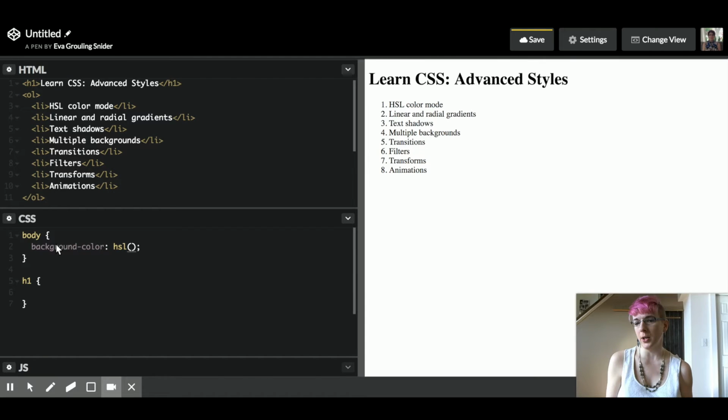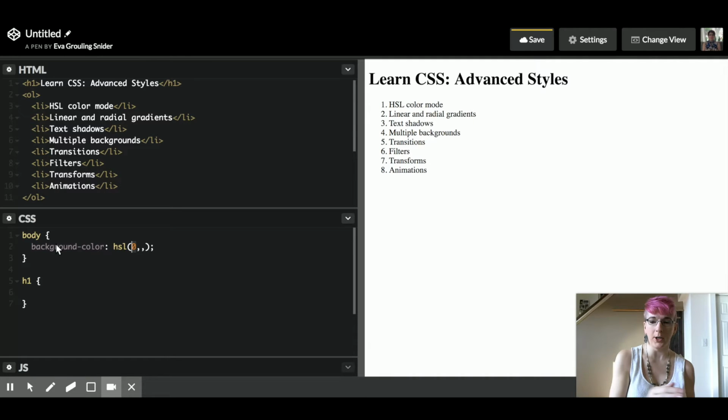Instead, the first number, which is going to be your hue, will specify the base color. And this is a number from 0 up to 360 for red. So red is actually 0 and 360, and the other colors are the remainder of the colors